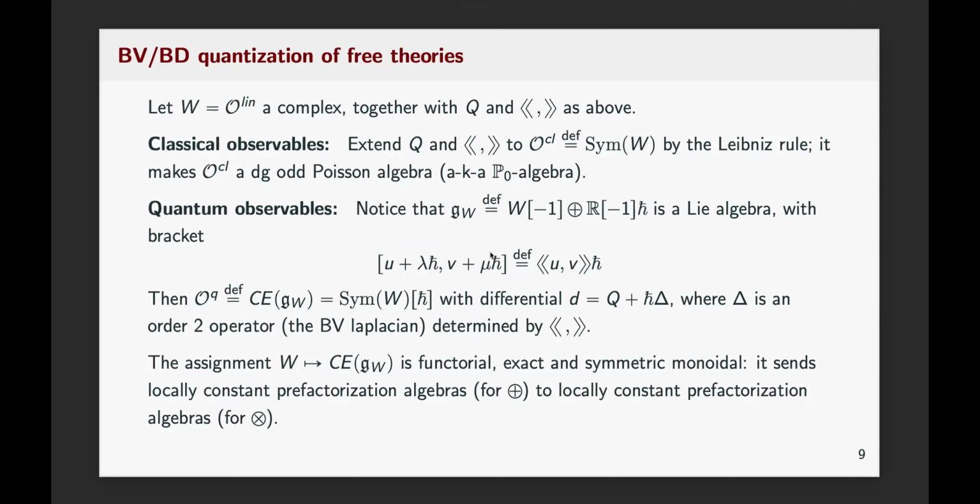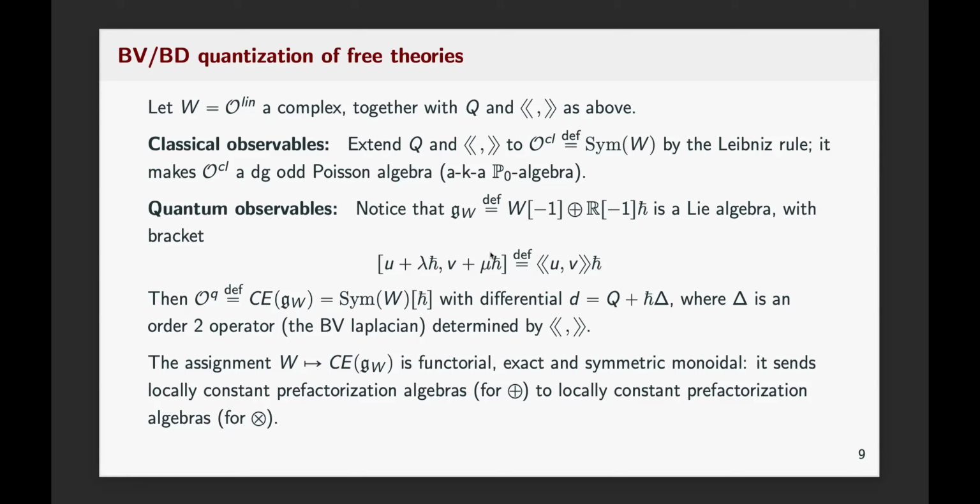And then you can run this. I don't know what name to give to it. It's probably familiar to people who are used to BV quantization. I'm following a scheme that appears in Owen Williams' thesis, a quantization scheme for free theories, and they call it BD quantization with Kevin Costello. It's just a matter of convention how you pack the additional BD operator, but that's essentially the same thing.